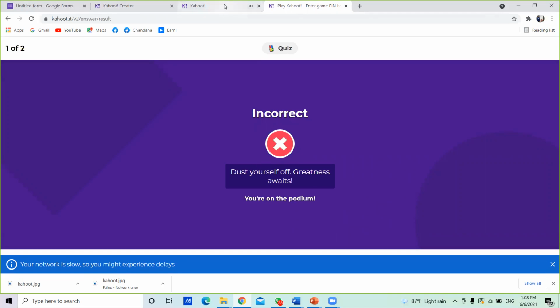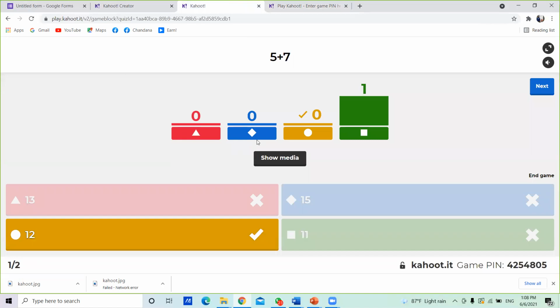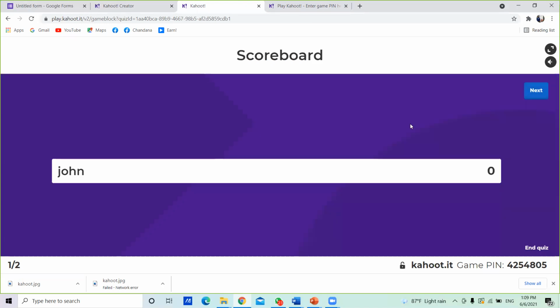Then move to the teacher screen. The teacher screen looks like that. Right? They are seeing the correct answer. Then how many students answered correctly, how many students answered wrongly, all this information can be seen here by the teacher. Right. Then if you want to play the next question, click here. The teacher should click next.